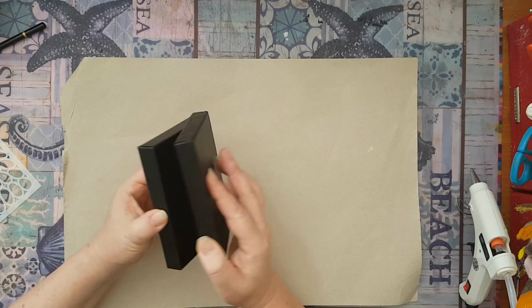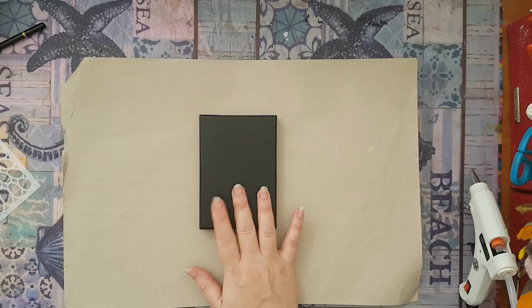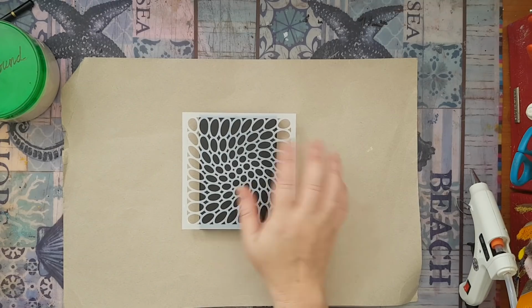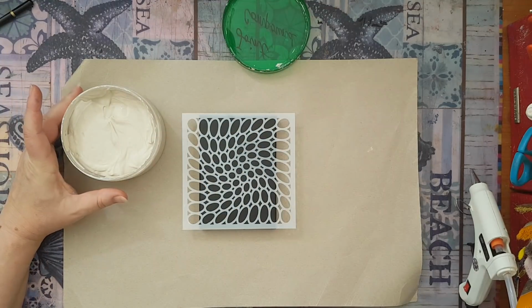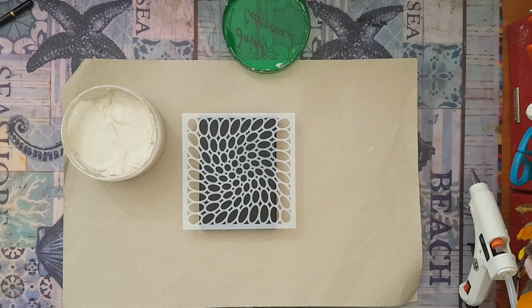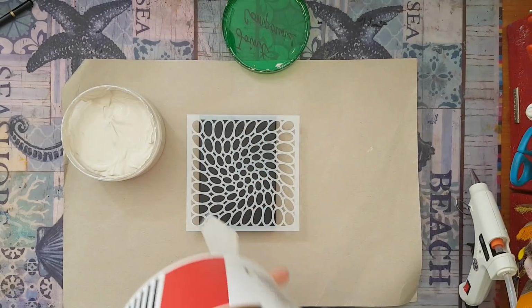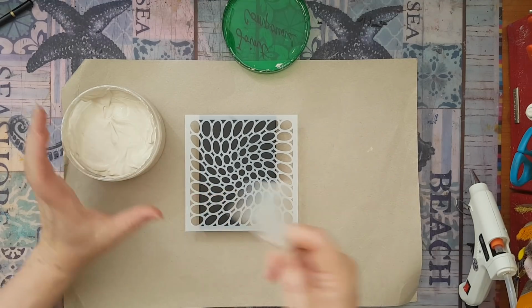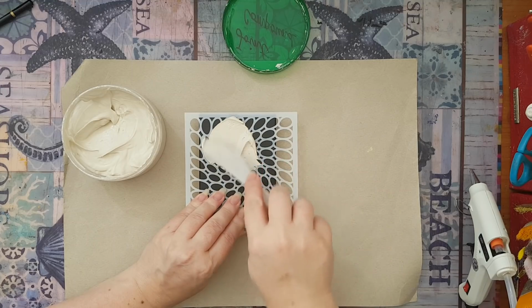For right now, I'm removing the bottom and going to work on the top of my box, on the lid. I want some texture on top, and I'm going to use joint compound. I'm not using modeling paste. I think it's too expensive, and I like using this. I will buy this kind of bucket in the hardware store, and it will last me forever. It's just cheaper that way, for me at least. If you like modeling paste, go for it. You don't have to. So I'm just going to put down